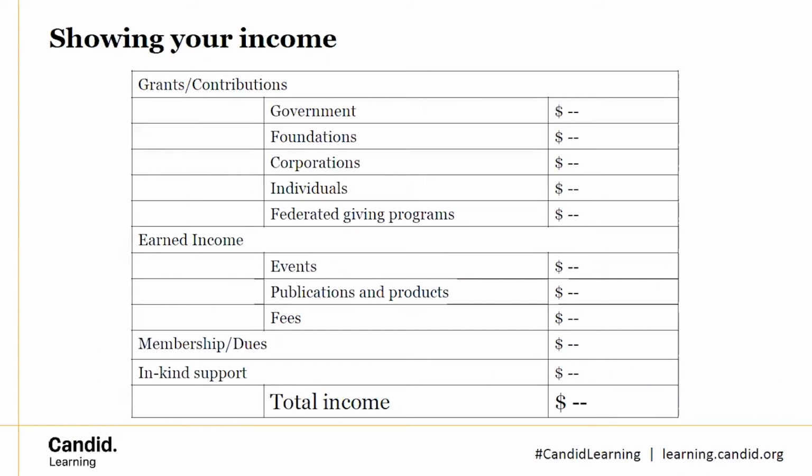All right, so our little sample table showing income. Just as you laid out expenses for your project, you'll also show income as well. And all projects are different. This is just an example of how you can show your income. You may not, and almost certainly will not, have projects receiving all of these types of income, and that is fine. You just need to list what applies to the specific project or organization. That is one thing for general support.